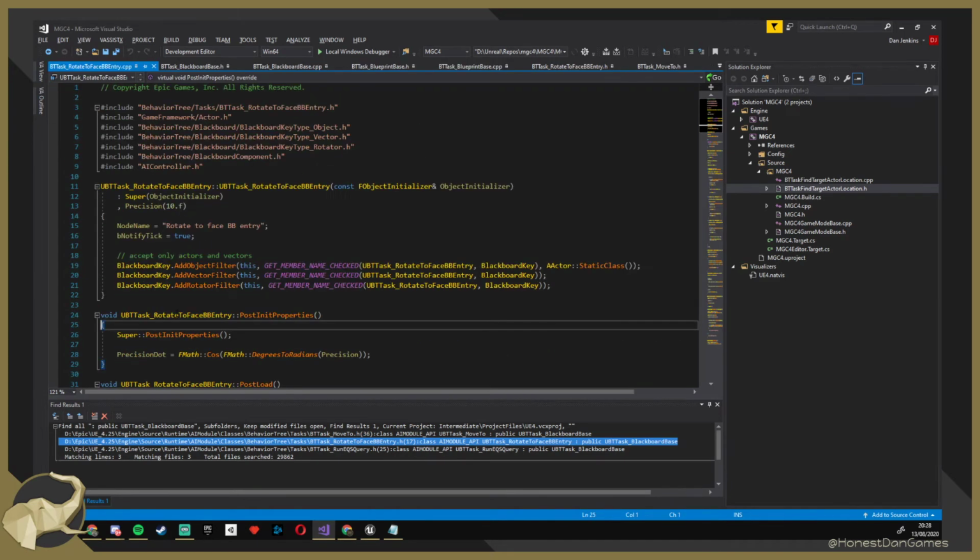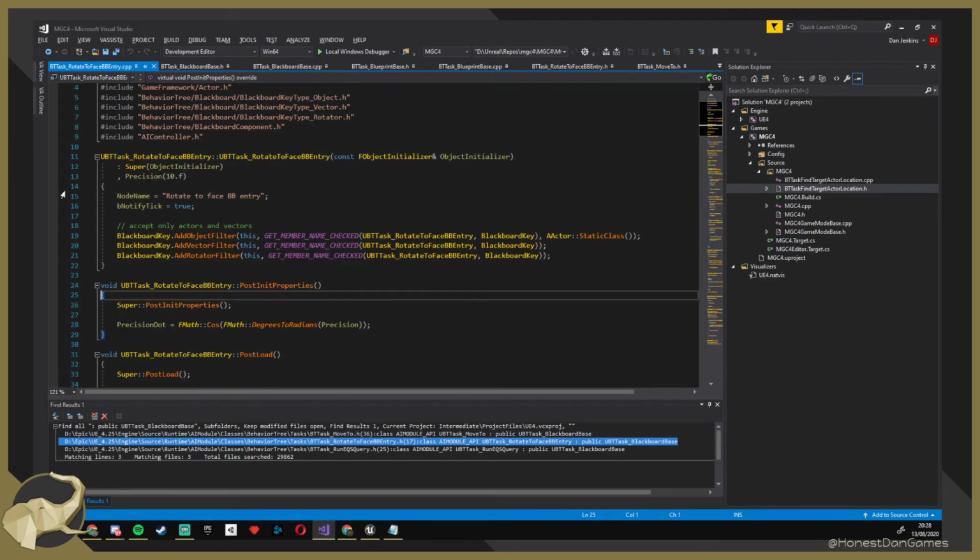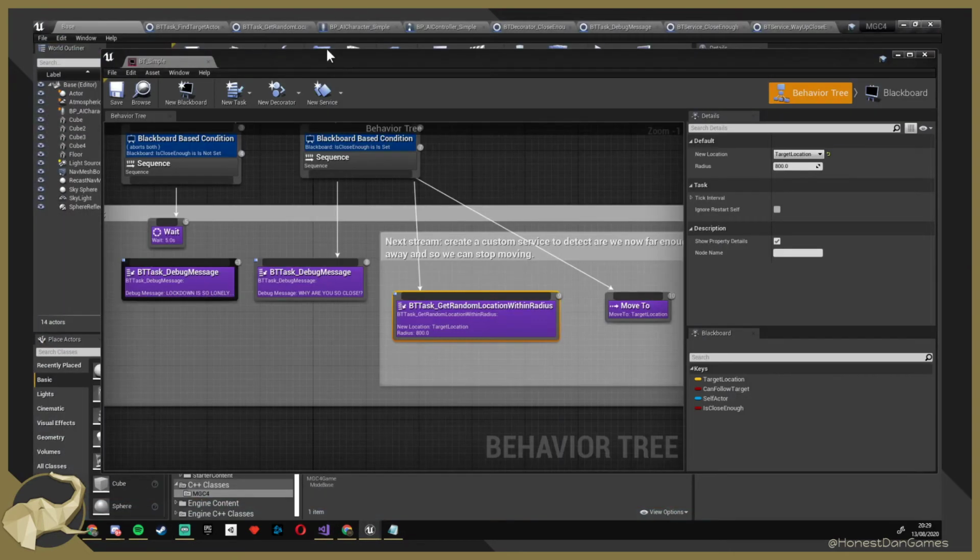Okay, let's look at the main bulk thing. So accept only actors and vectors. So we're saying, okay, you're allowed. That's what these filters are then. It's just to restrict what types you can select from the drop down. So if I went into here and we tried adding a